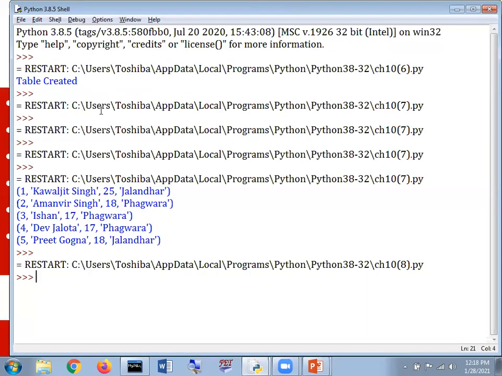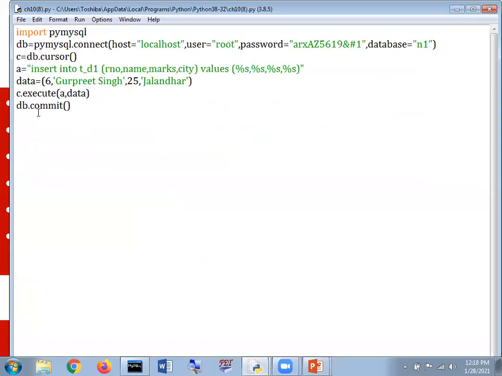Now again I just want to display the information here only.